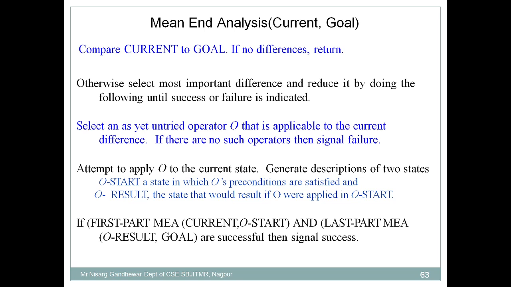So this is how the means-end analysis search technique works. Finally, we can say that means-end analysis is a kind of search technique used to solve complex problems, where you can move in both directions. It's a mixture of both forward and backward directions. So I hope you understand means-end analysis. So this is how we discussed all the informed search techniques as well as the uninformed search techniques. Thank you.